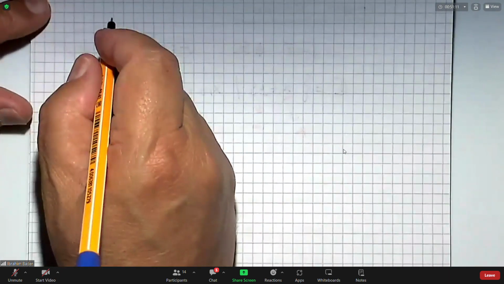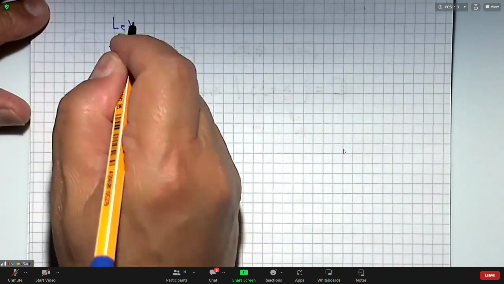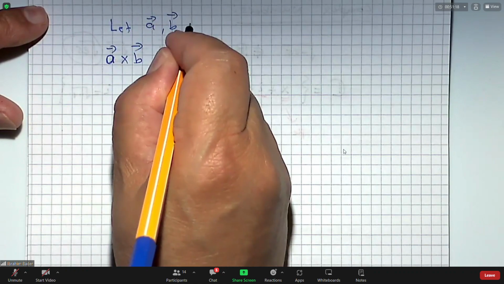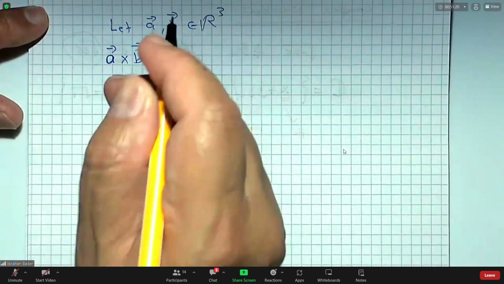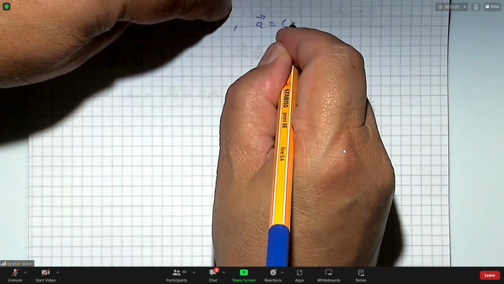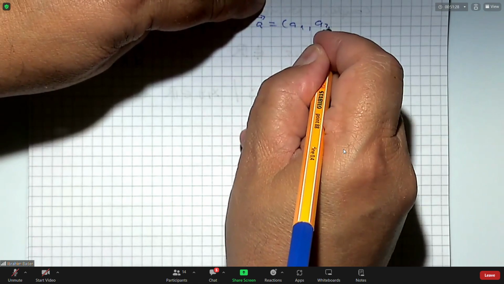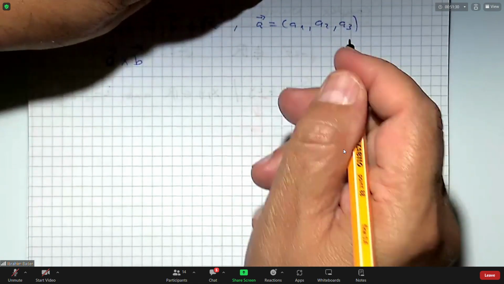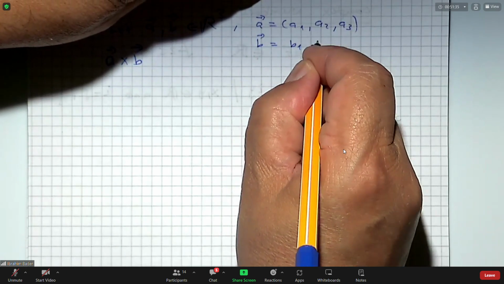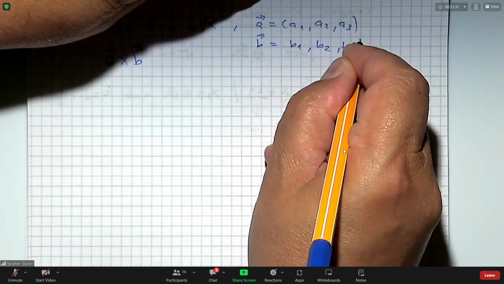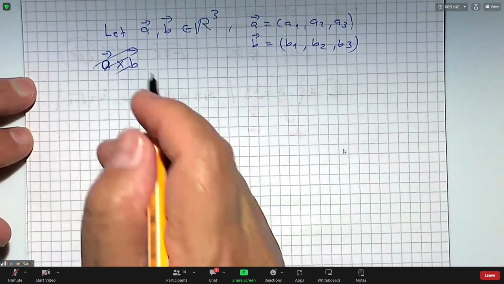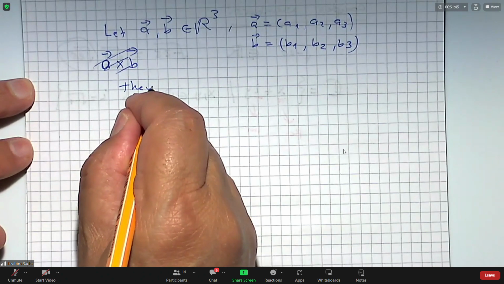Let me start with vectors. Now we talk about 3-dimensional vectors, A and B, in R3, where A equals (A1, A2, A3) and B equals (B1, B2, B3). Then the cross product is defined as